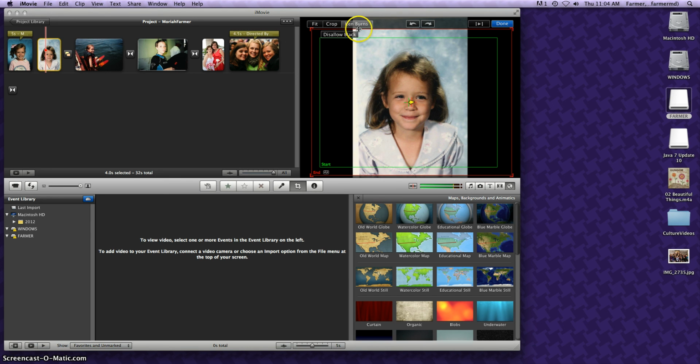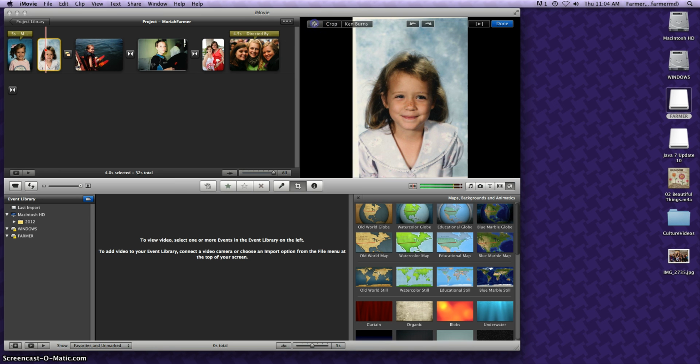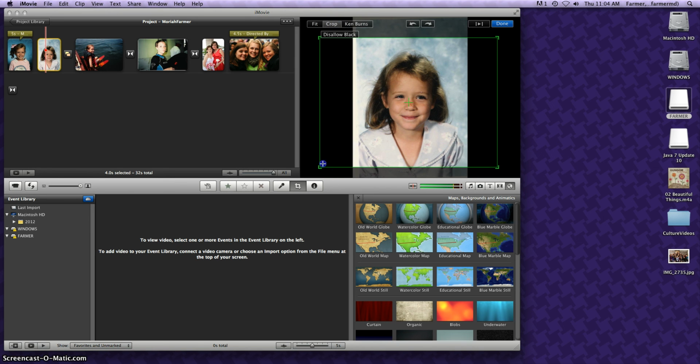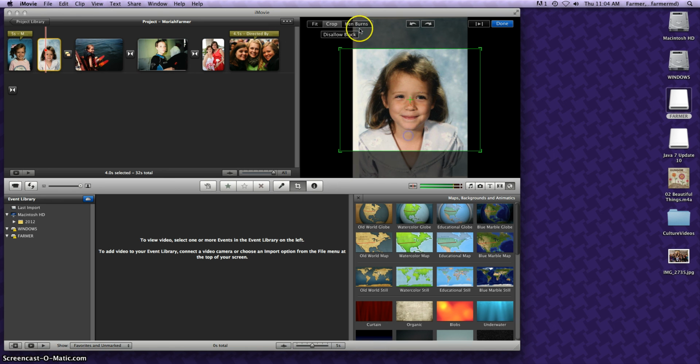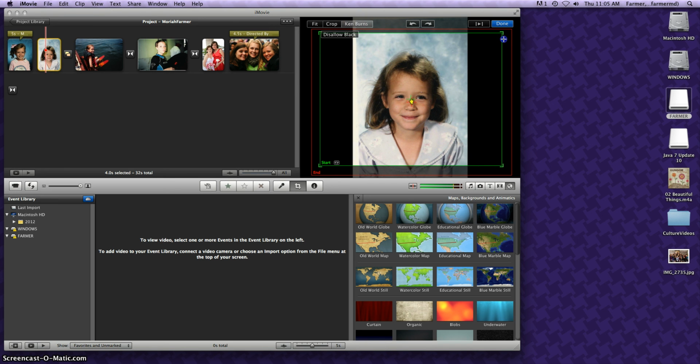If you don't want any motion on your picture, you can select Fit, and it will just fit your picture into the window. You can select Crop, where you can zoom in on your picture, or you can keep the Ken Burns if you like that too. If you need to rotate a picture, here are your rotate buttons, here and here. Once you're finished, you can either click Done, or if you have a new picture that you need to edit,